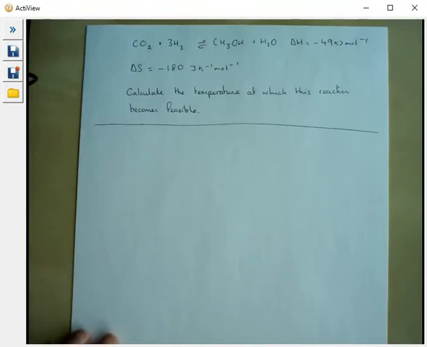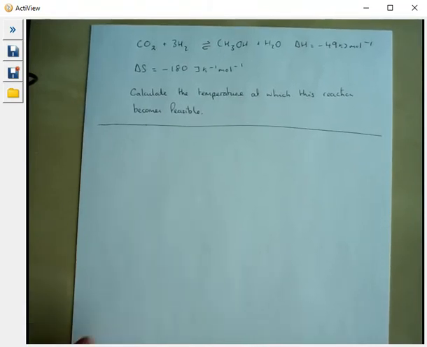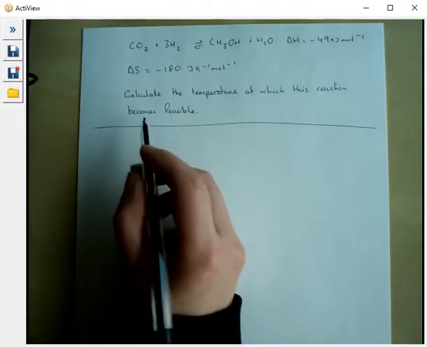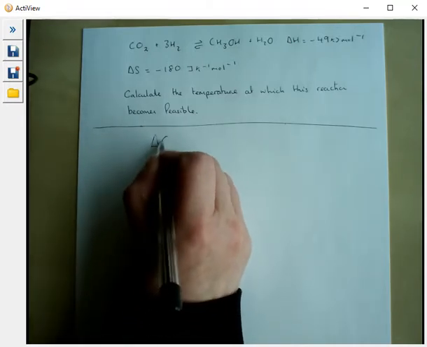Right, this is an exam question in which you need to calculate the temperature at which this reaction becomes feasible. So it's given you the equation and the enthalpy value, and it's also given the change in entropy. So if we look at this, first of all, we need to write the equation out. So